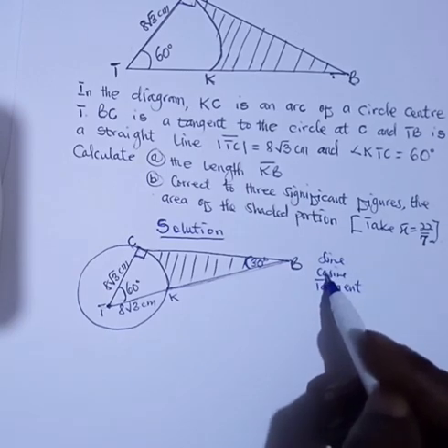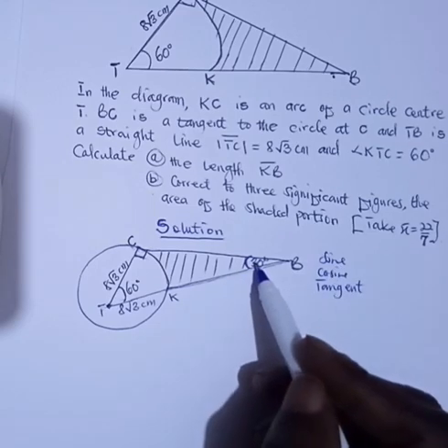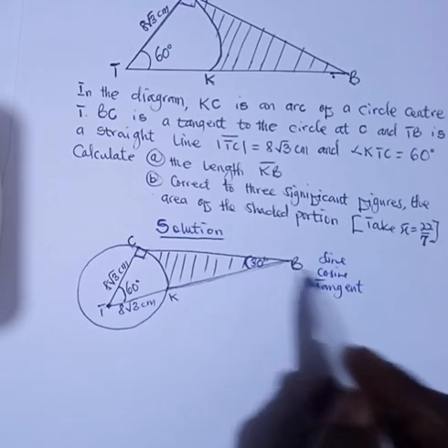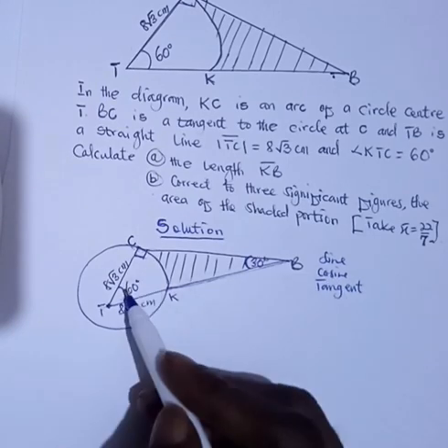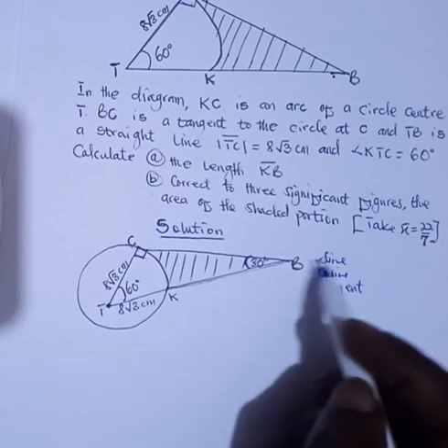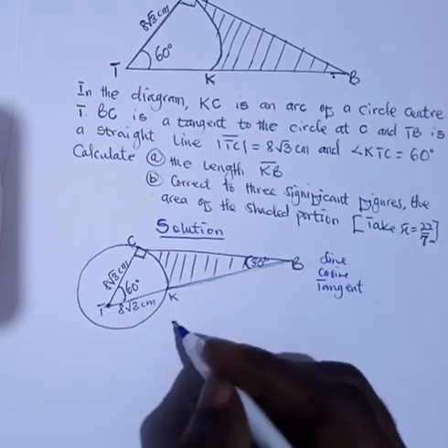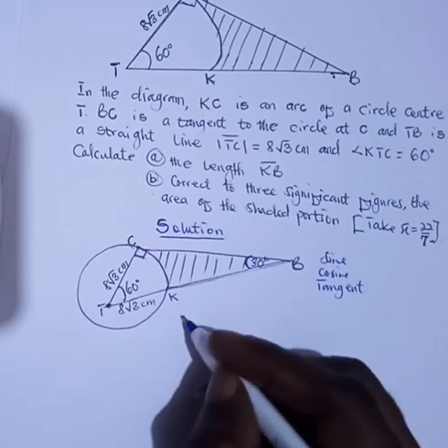But remember that if you want to consider sine, then we are going to use this particular angle. If you want to consider cosine, then we are going to look at 60. So let's use sine. So to get the entire length, we can say that sine